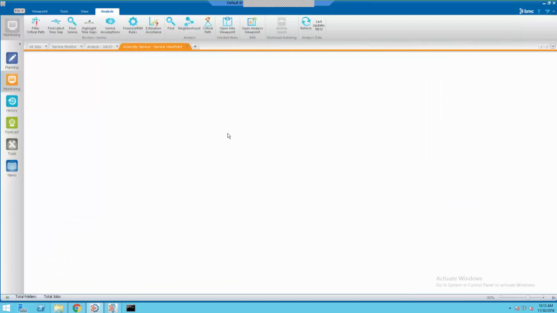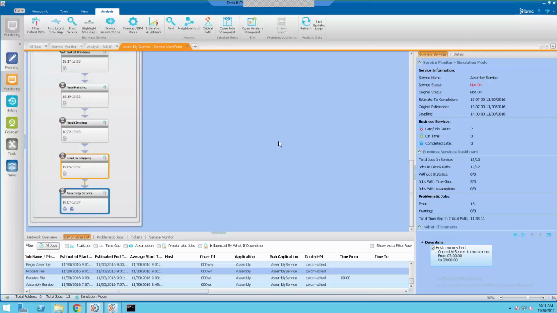So let's see what effect that has on our service. So it's going to refresh the data from this viewpoint. You'll notice that because we've got a scenario in play here, it's changed the color so that we know that there's something different about it. So in this case, we see that the original estimate is 19:07. The estimate to completion is still the same. Great. Okay, we can go ahead and take the agent down at that time, and it's not going to affect